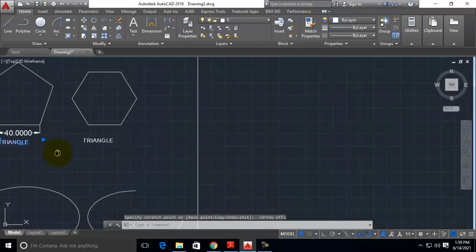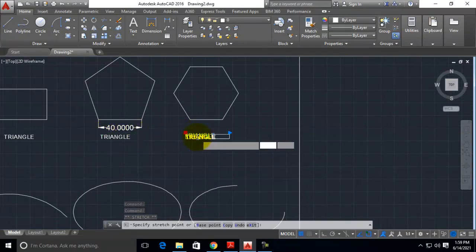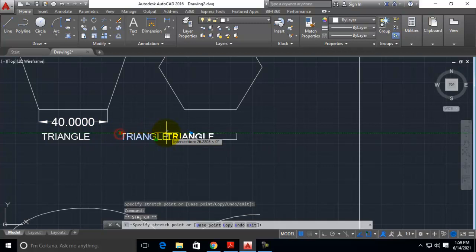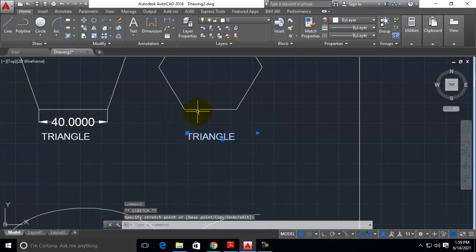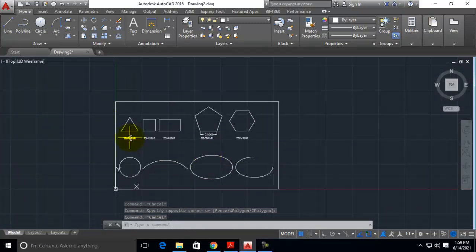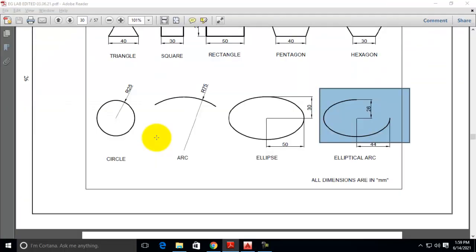Similarly, for everything it is displayed as triangle, right? We have to change it. Position it here and then move it in such a way that it is positioned at the center of the line below that. Similarly, double click everything, change the triangle to square.